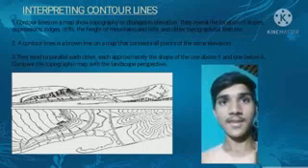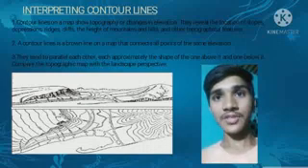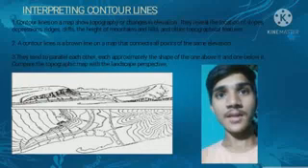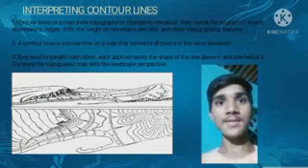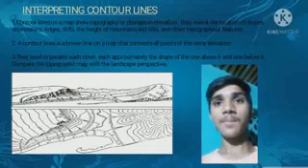Interpreting contour lines. Contour lines on a map show topographical changes in elevation. They show the location of slopes, depressions, ridges, cliffs, the height of mountains and hills, and other topographical features. A contour line is a brown line on a map that connects all points of the same elevation. They tend to be parallel, each approximately the shape of the ones above and below. It compares the topographic map with the landscape perspective.